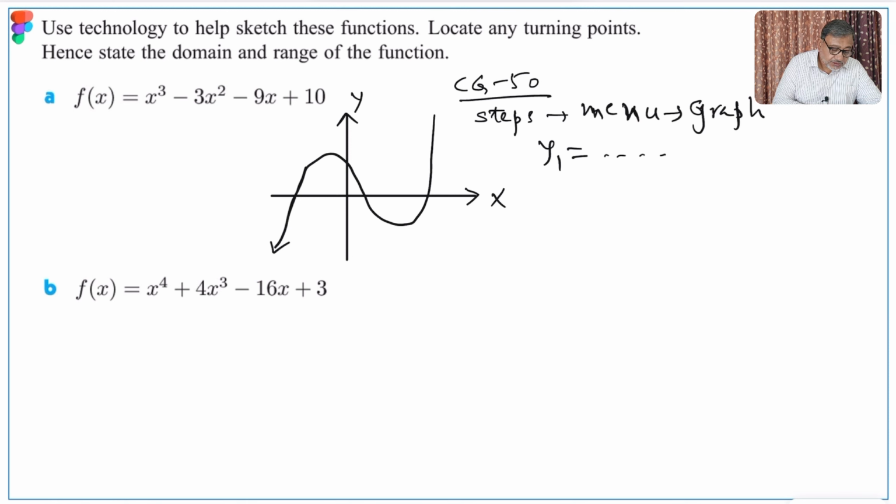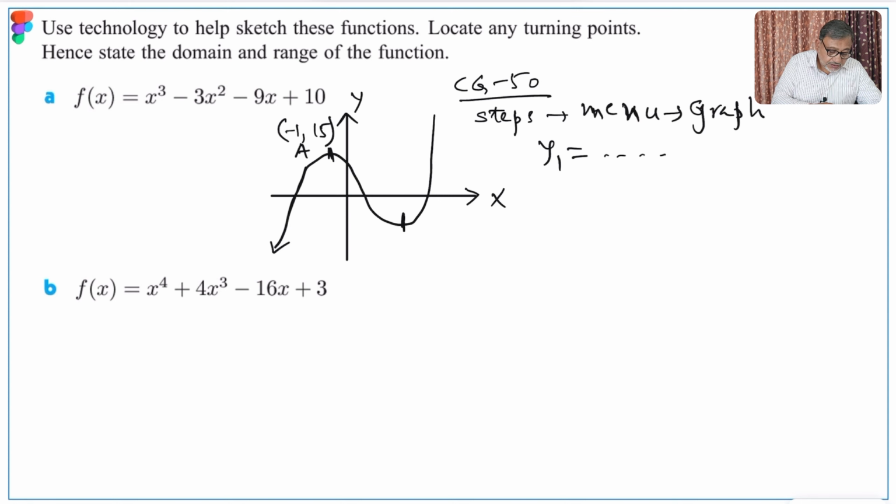Window setting, let me make x and y minimum negative, maximum positive 50. Its coordinates are negative 1 and 15,